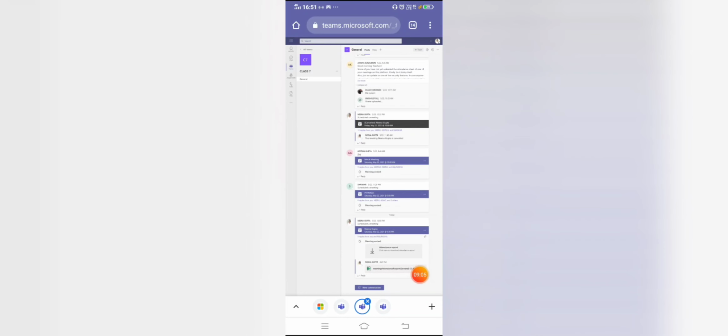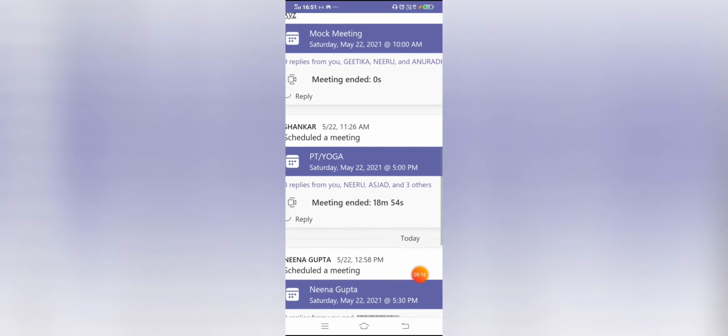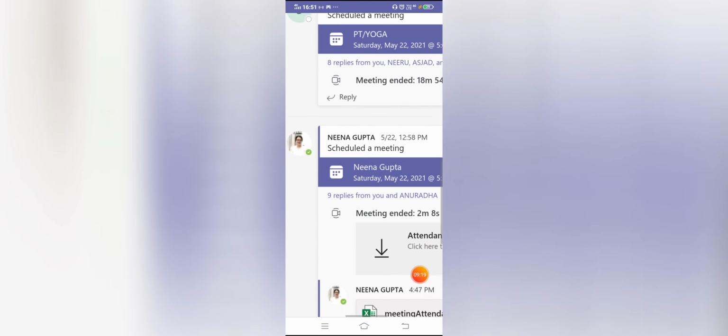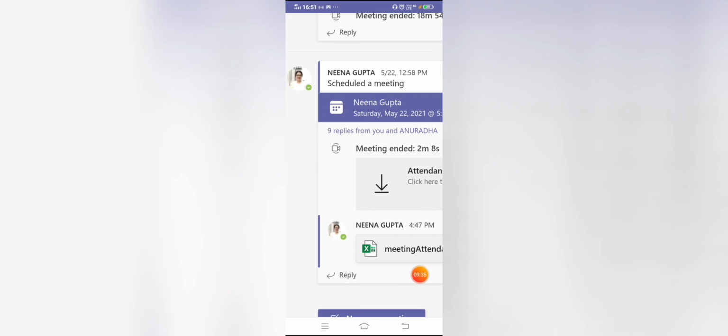So you see, this time I didn't need to log in. Directly after clicking on the icon of the Teams app, I am reaching here and I see this. You can see I can see my meeting and the download option. Again I can download. Anytime I can download until I cancel the meeting from the app. Until I cancel it from there, this will keep coming to me. I can download it many times. So I think it is clear.